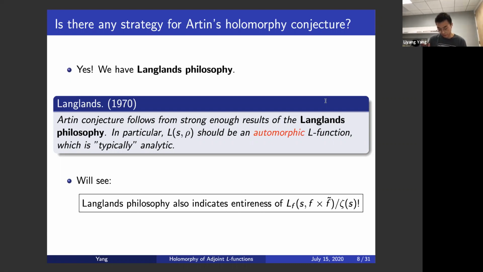We have plenty of tools to prove analytic continuation of automorphic L functions, like integral representations or Langlands-Shahidi, etc. And also, we will see on the other hand that the Langlands philosophy would directly indicate the entirety of the analytic ratio we mentioned before. So now let's look at